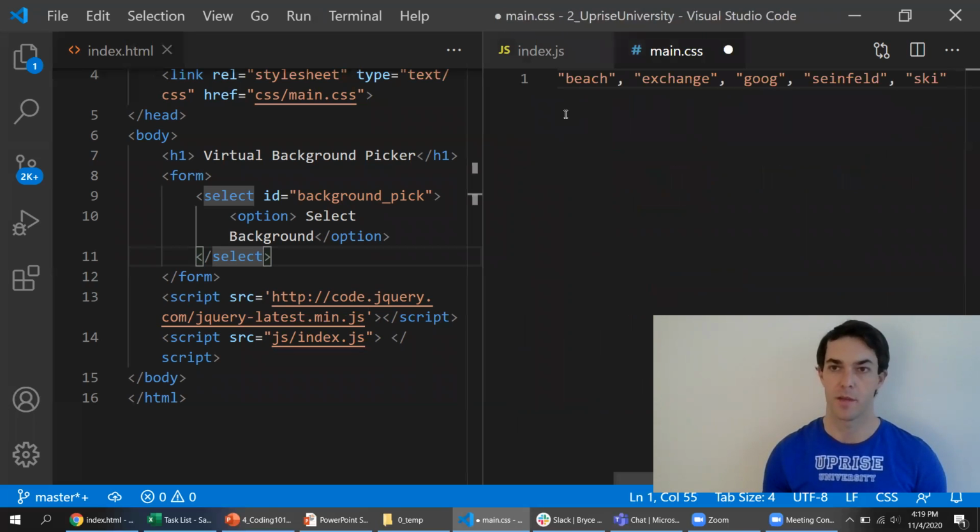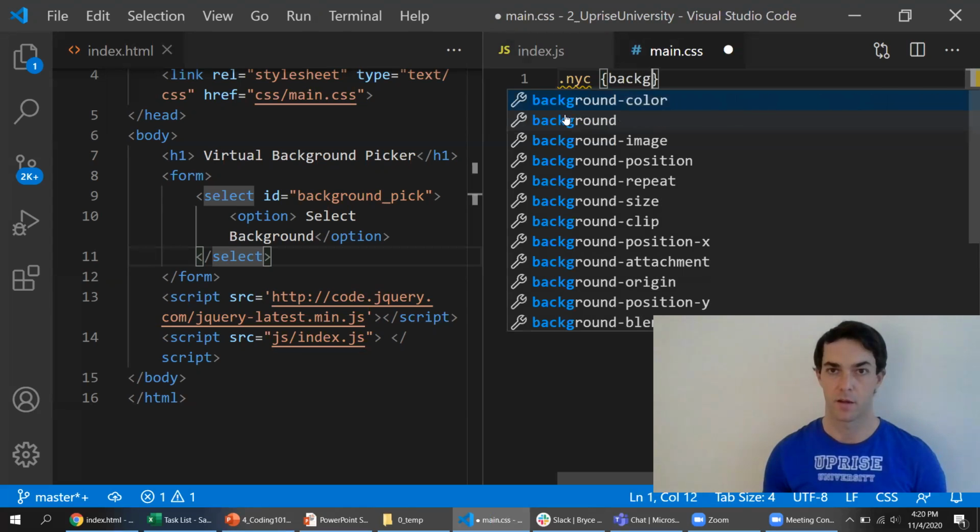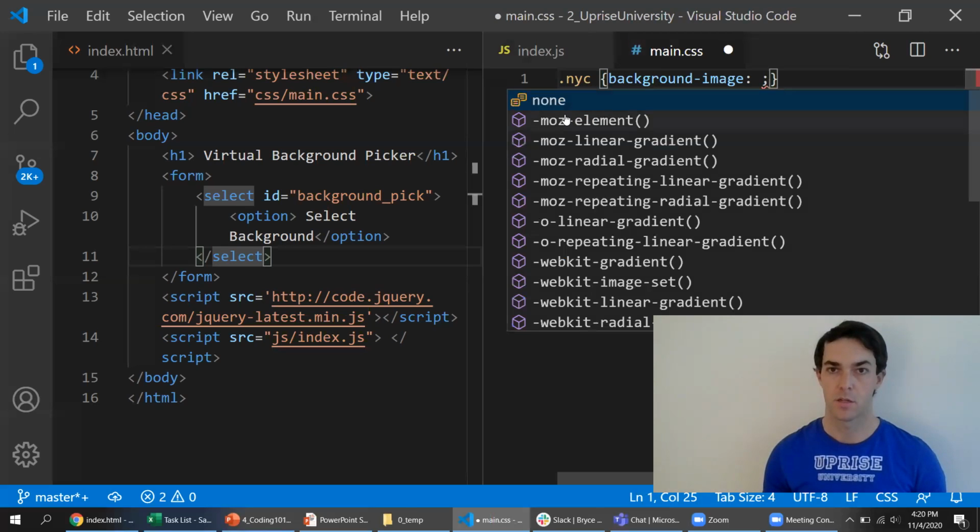So we're just going to go ahead and copy paste this into our CSS file so that we know exactly what they're called, because if we mess up the syntax at all here, as you've seen in this video as well as others, it can be really annoying to fix. So we're just going to go through here and create these different classes. All right, so the first one here is going to be an NYC class. So again, the notation here is .nyc,